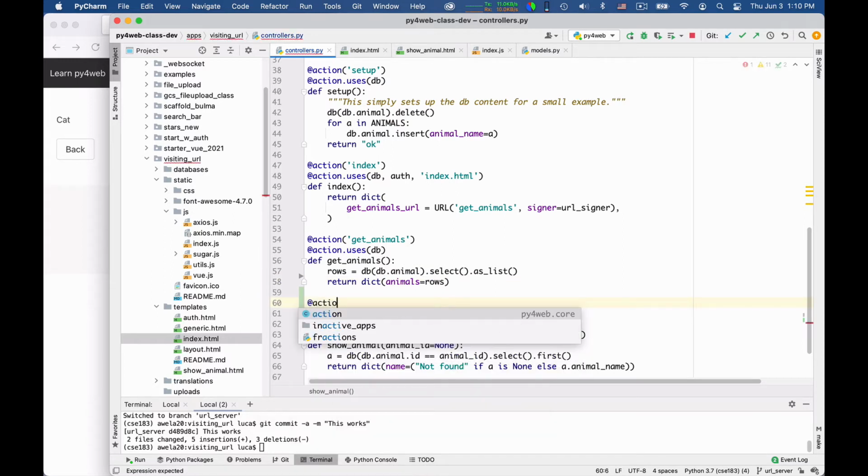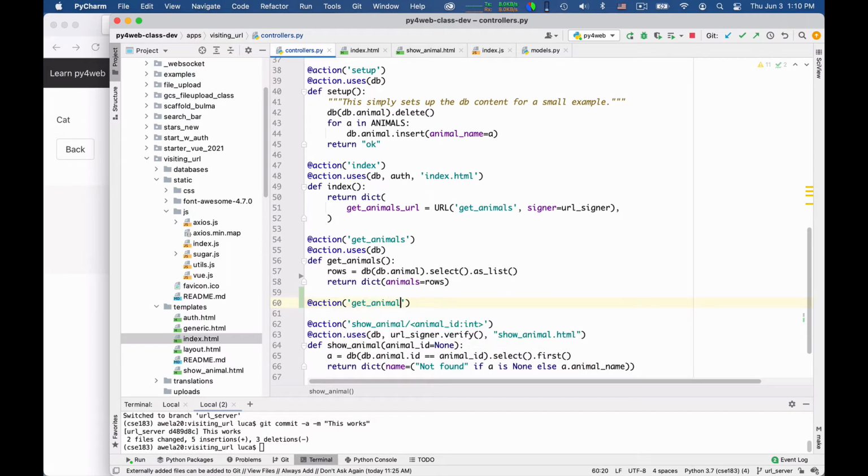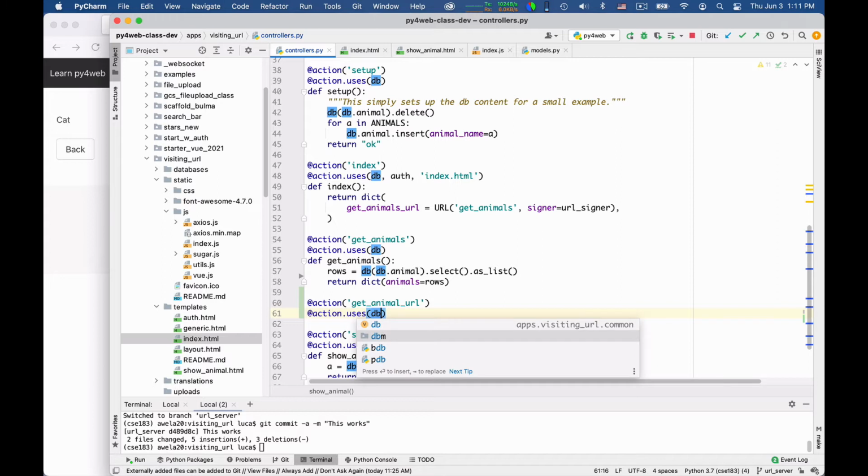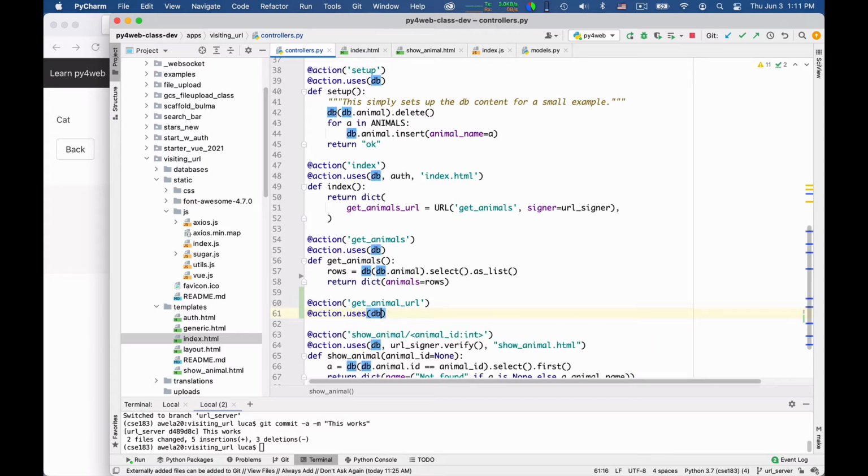So action get animal URL. Okay, and so this will be a get method. For instance, I can say action.uses the database. I'm not sure we need it, but we need the URL signer.